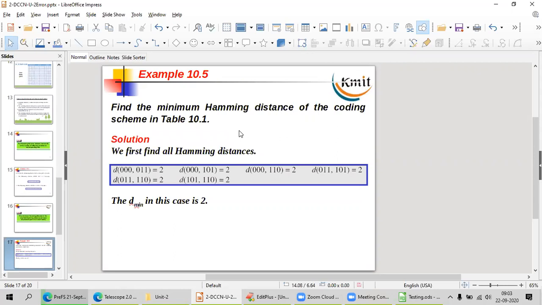The minimum Hamming distance of this set is 2. Why? All the Hamming distances between the code words are 2 only, not more than that. Okay, minimum Hamming distance.